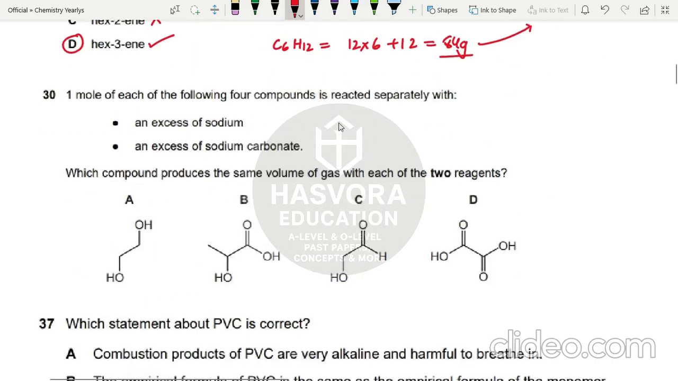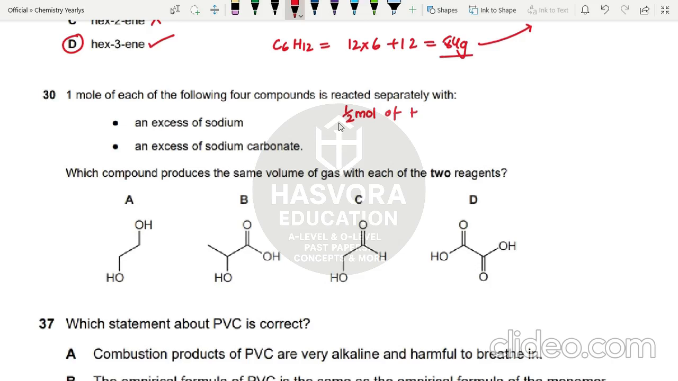It says 1 mole of each of the following 4 compounds is reacted separately with excess of sodium and an excess of sodium carbonate. So just before solving this question, I want to tell you one important thing that you need to keep in mind while solving these type of questions, that half mole